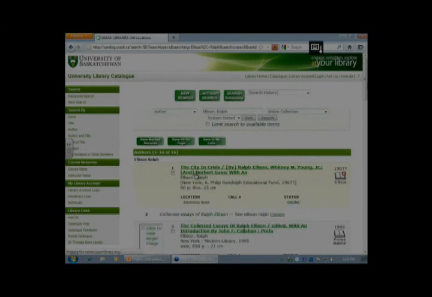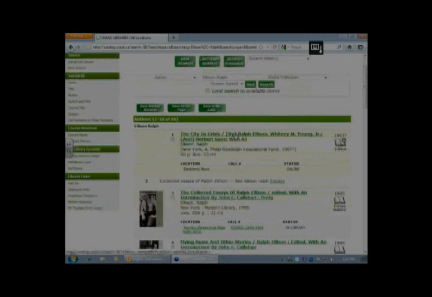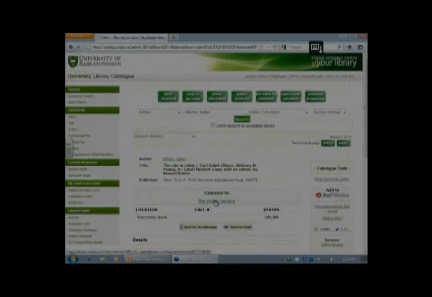16 items come up. The first item is an e-book. Let's have a very quick look at that. Now, if you see this big red E, you've got an electronic source there. You're not going to have to ask for it to be sent to you. You have access right here in the catalog, and I'll very quickly show you that. Click on the online version. It takes you to the database that has this work in it. And if you click on the title,